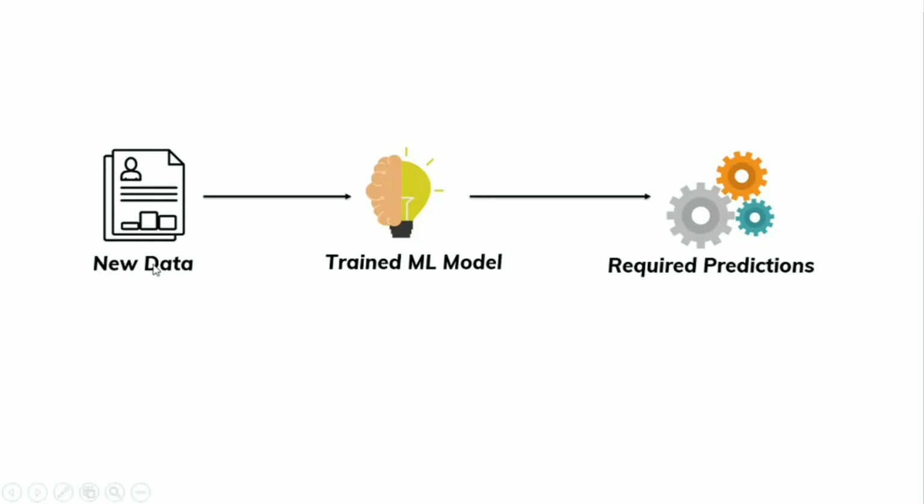If the accuracy score on the required predictions is good, then we can say that our machine learning model is very good because its accuracy score is very high. But if our machine learning model's accuracy score is not good on the new data or on the test data, then it is said that our machine learning model is not good. So we have to make our machine learning model such that our training accuracy and test accuracy both are good. I hope that you have understood everything up to this point. So now let's move forward.